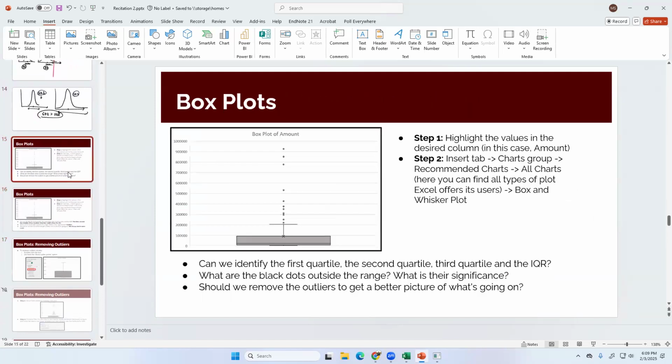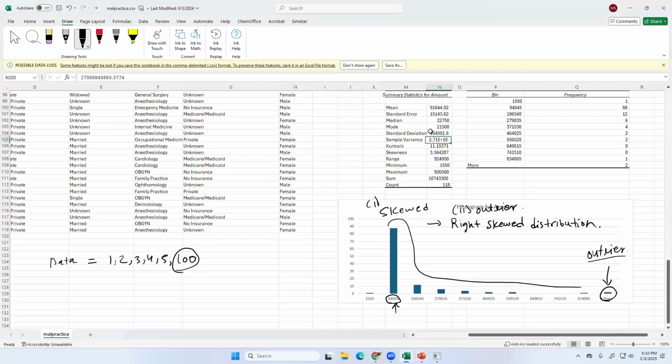So okay, the next one is the box plot. What we're doing in this session is we had a data set. We looked at each of the variables, saw what kind of variables they were. We plotted the descriptive statistics. We did the summary statistics that gives you the mean, median, and mode for all of these things. We saw the distribution of the data set for the first variable, and now we are doing